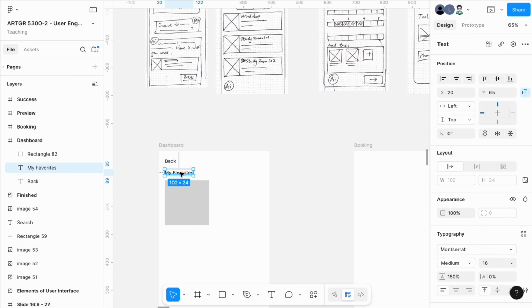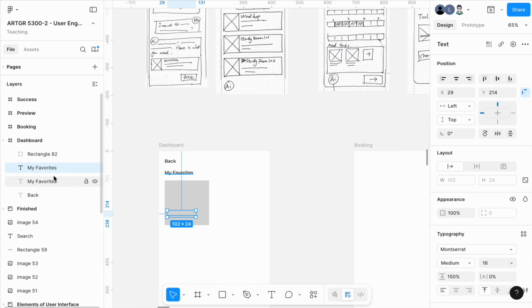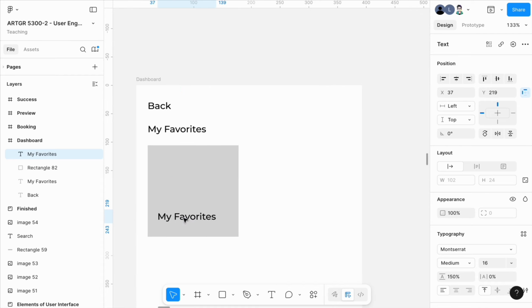Now because I already have some text here, I just make a duplication of it. You can hold Option to make a duplication, and I need to move it up to show this. Woodshop. This title will be important for me,